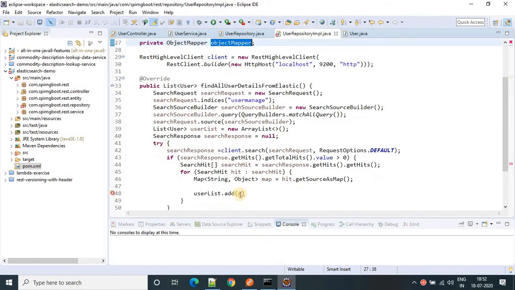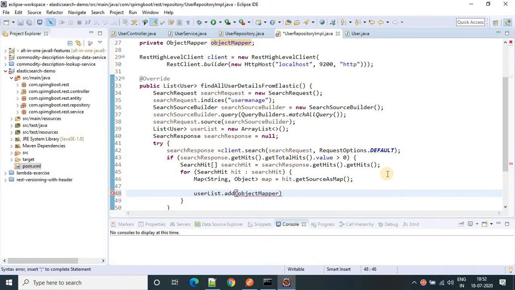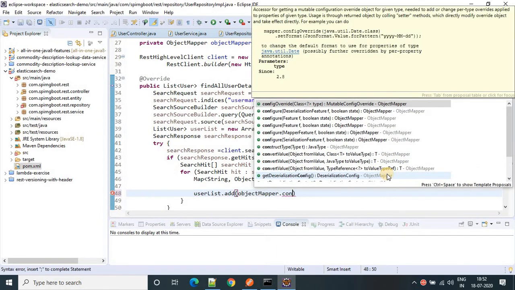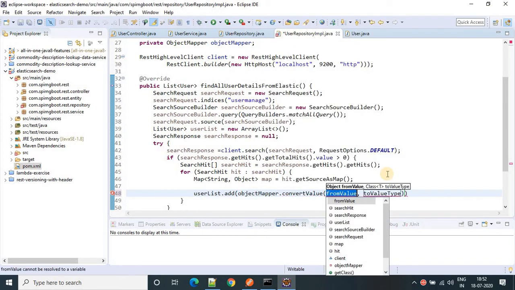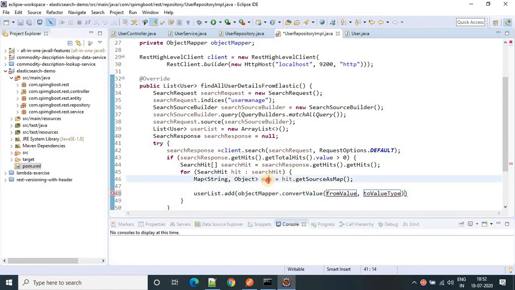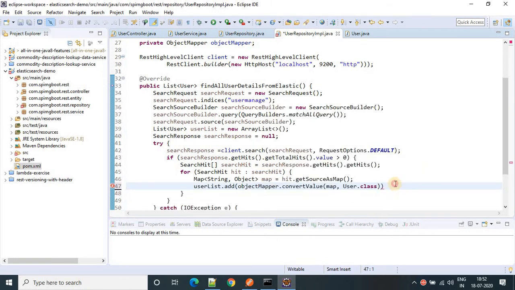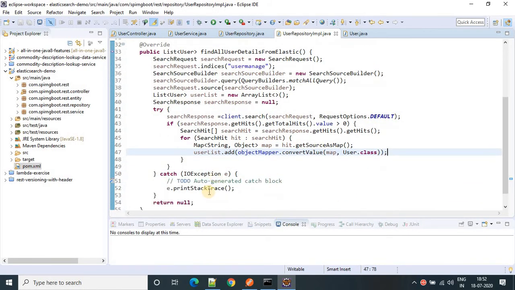So use object mapper dot convert value from this map to this user class, User dot class. And that's it. We have to return the user list here because we are returning null now. So return this user list.